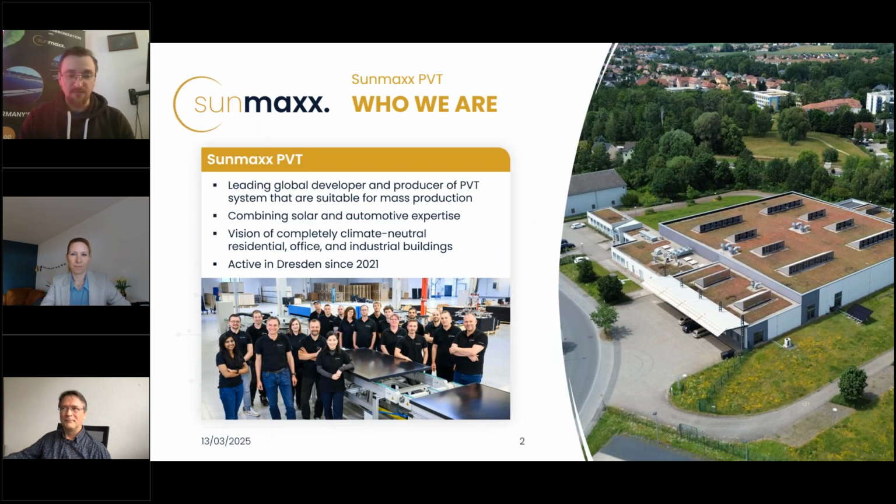Shortly about our company, we were founded in 21, so let's say a young company, but as you can see on the right side, our production, we are the first PVT producer who brought this module to mass production. The reason for that is we combine mass production from the PV sector with some knowledge from the automotive sector. I will get to details a little bit later.